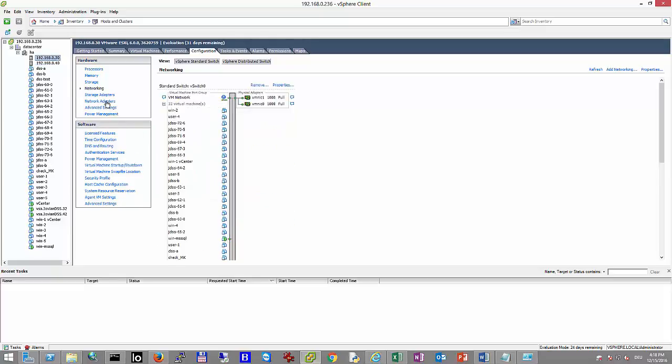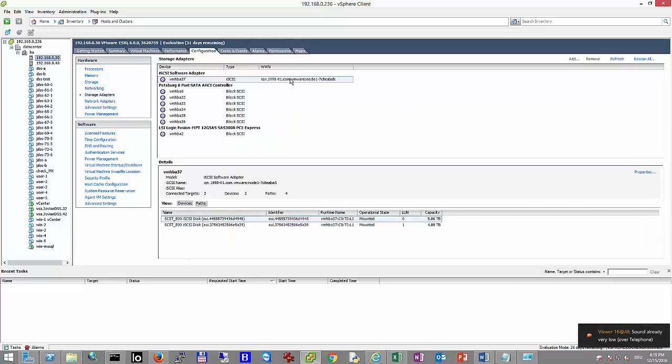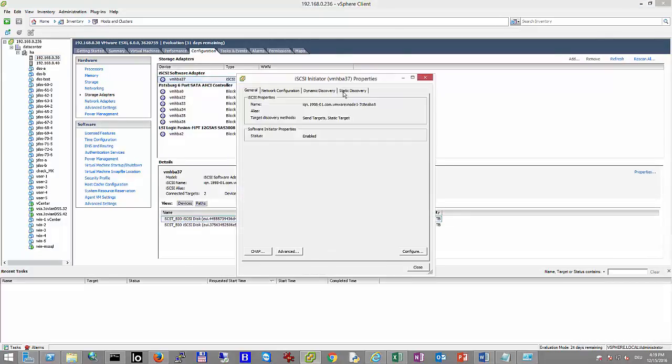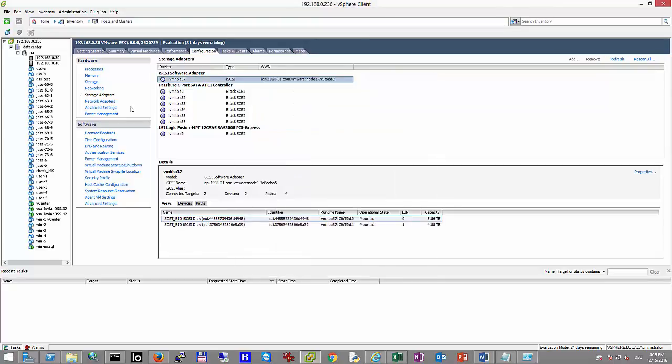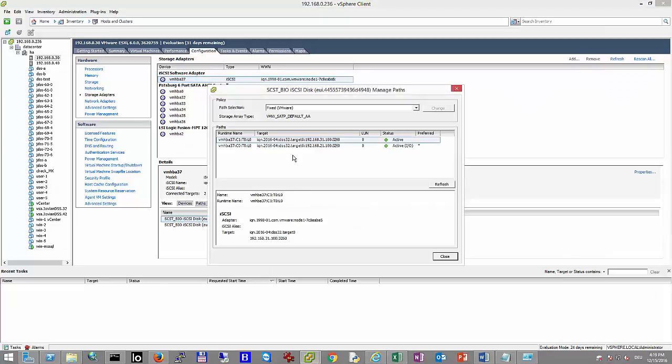When I go to the storage adapters, then in properties we have 2100 and 3100, both adapters are connected. And the same story on the second one. When I go to manage paths, you see I have two paths.